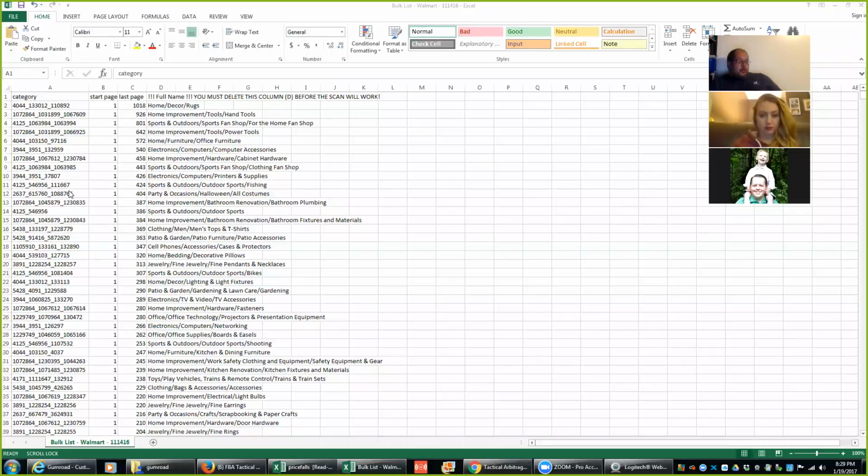So, if you source at Walmart a lot, I think we had a lot to do with that, because I did share a lot of information with Alex on that, and he was happy to add the API search. So that's why the only store in Tactical Arbitrage has a web-based search and an API search. It's called Keys. So the one that says Keys uses your Walmart key, so you can set up your own key,